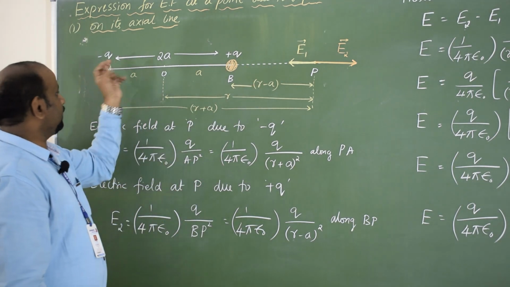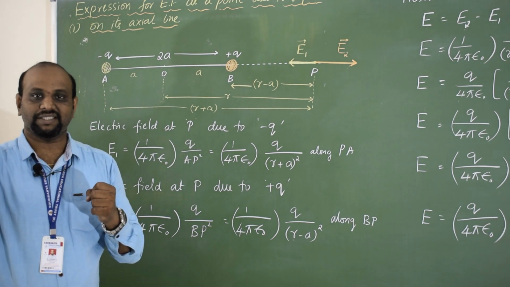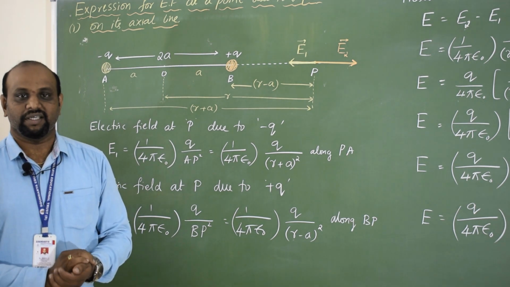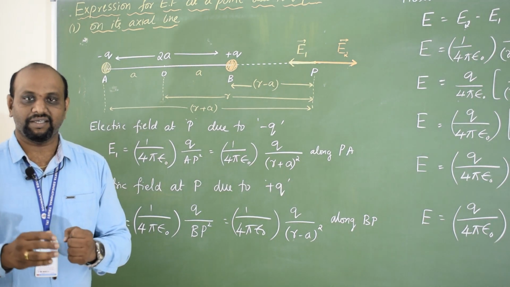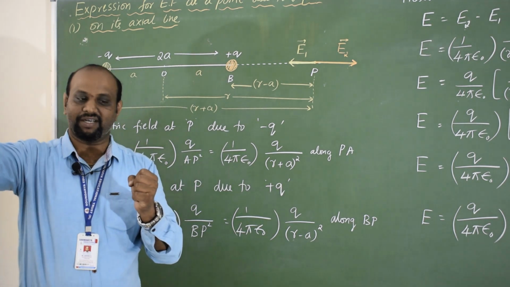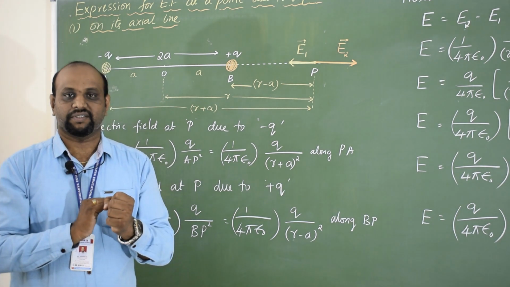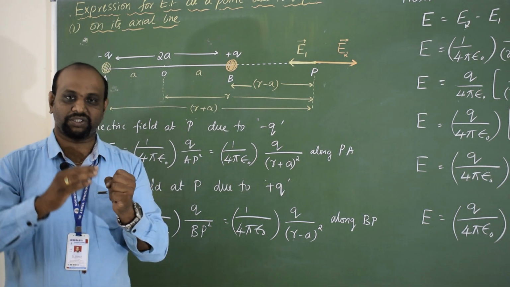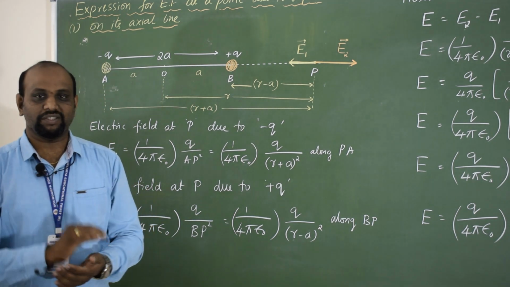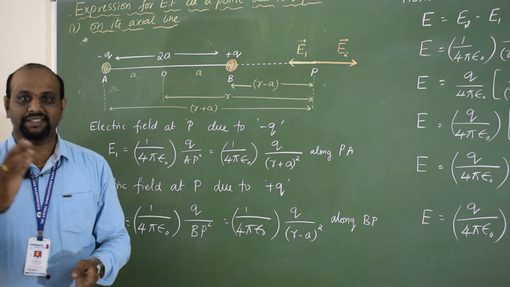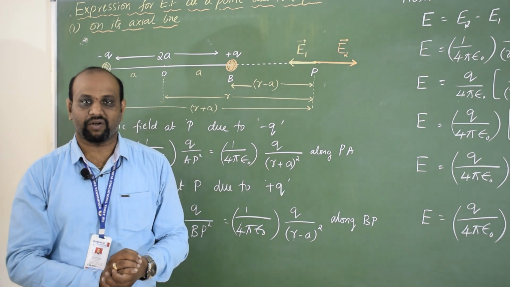If the charge is negative, the electric field is always acting towards it. If the charge is positive, the electric field is acting away. Once again, if the charge is negative, the electric field is acting towards the negative charge. If the charge is positive, the electric field is acting away from the positive charge. And what is the formula for the electric field? E is equal to 1 by 4 pi epsilon naught Q